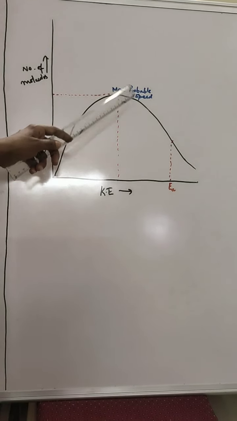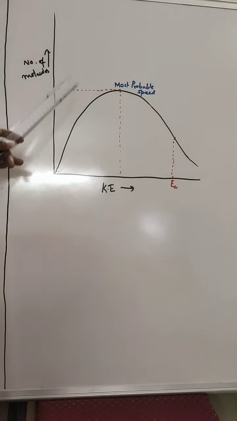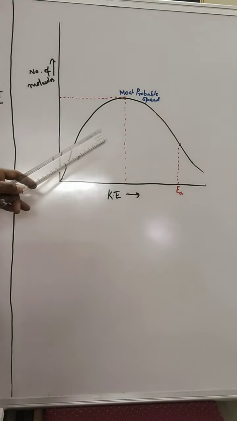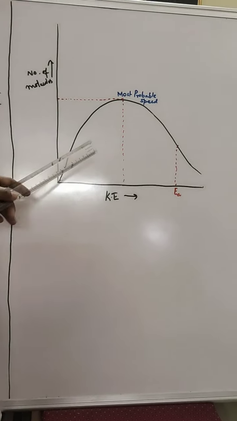Suppose in your class you have say 50 students. Out of those 50 students, few of the students will be very tall, few of them will have average height and few of them will have very short height, right? So if you try to screen out the students, then you will find that the majority of the students will have intermediate height. So this you can compare with the intermediate height, right? This portion which is having less energy can be compared with those students who are having shorter heights, and this side which are having more energy can be compared with the students which are having taller height, right?